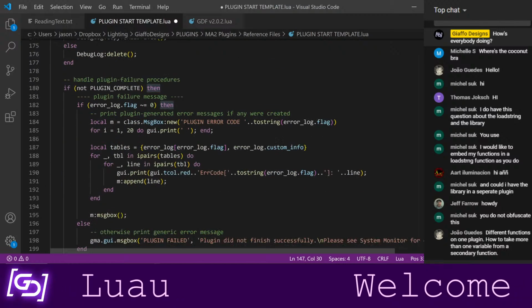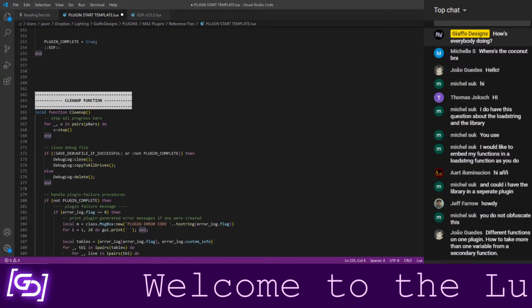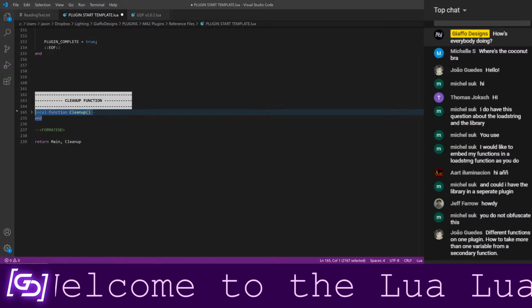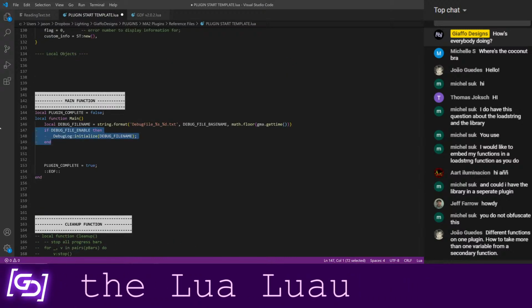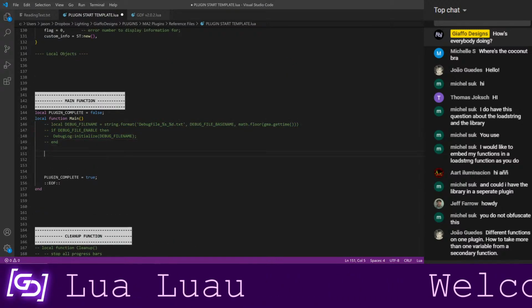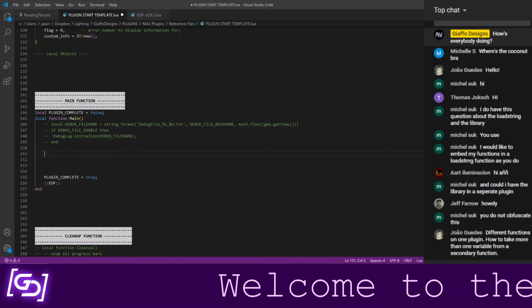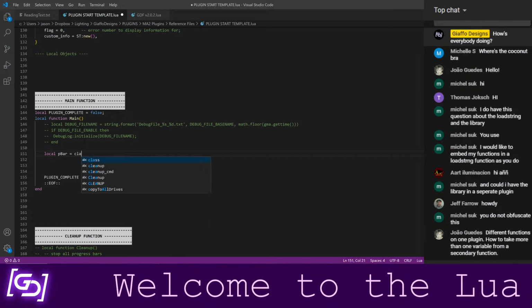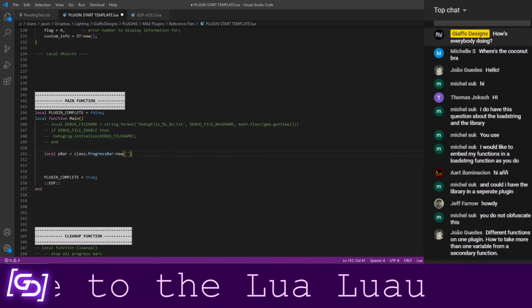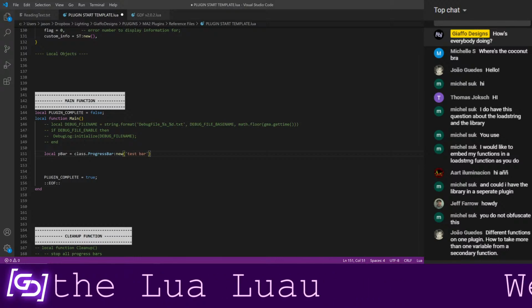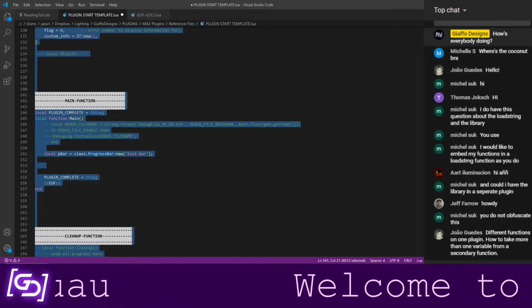So for the time being, I'm going to zoom out a bit so I can read better here. I am going to completely comment out this cleanup function. So now cleanup won't run at all. I don't need any of this right now either. So just to demonstrate what happens when you have a progress bar that doesn't get closed, let's say, and I'm not going to do anything else with this after I make it. So I'm never going to close it. I'm never going to get rid of it.